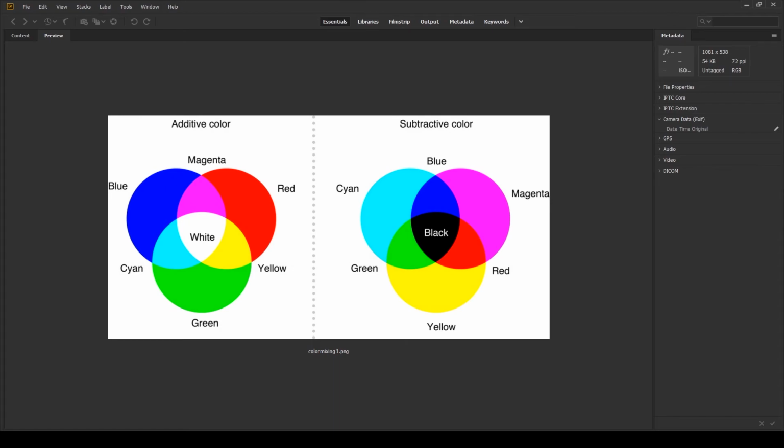If you see in the additive color, if you mix all of the three colors, you get white. And in the subtractive method, if you mix all of the cyan, magenta and yellow, you get black. So that's a neutral point. That's the white balance. You always want to set the white balance where you see the actual colors.